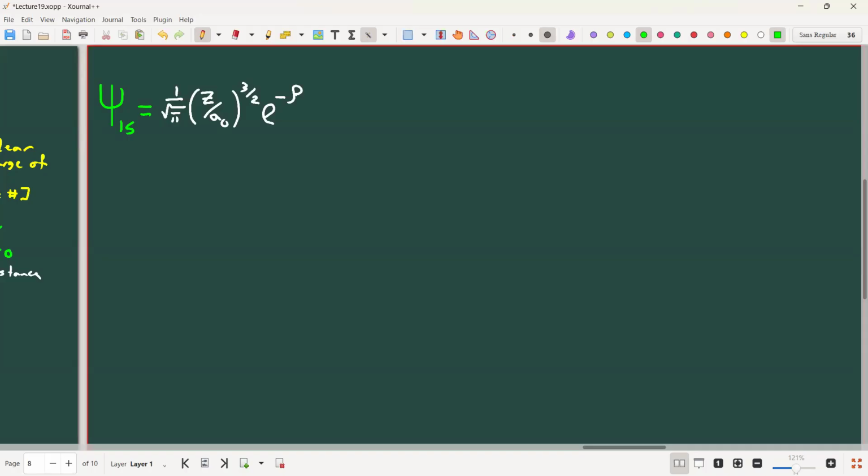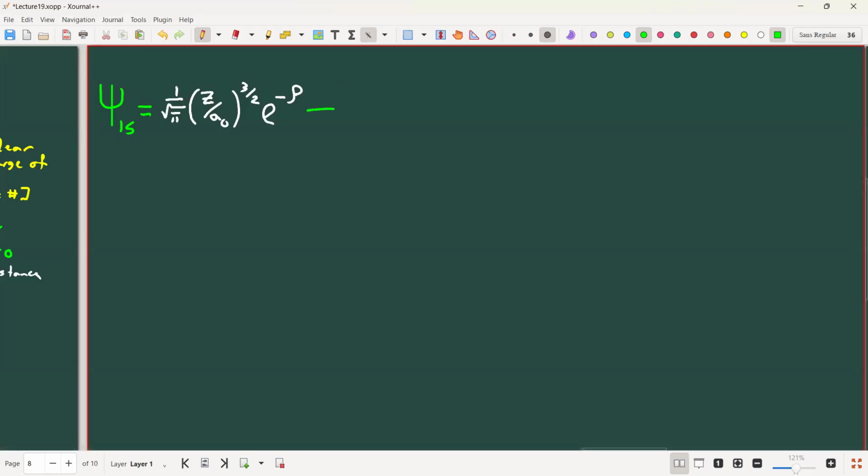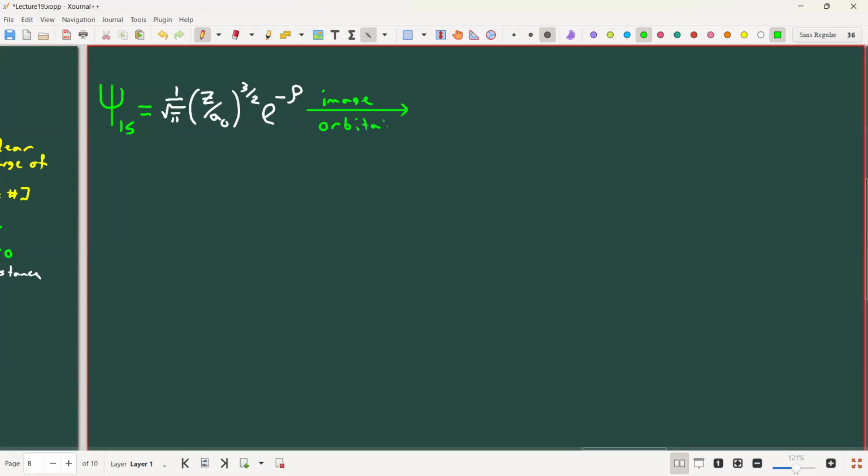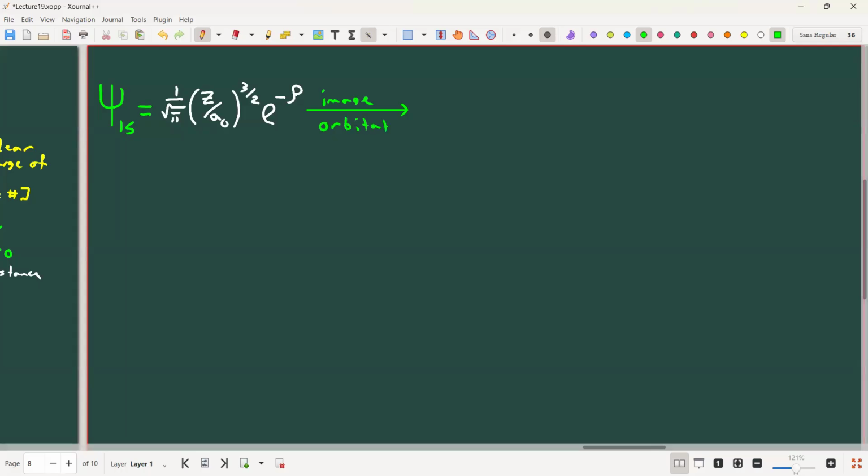We're going to take little snapshots and measure where the electron is. We're going to image the orbital. Right, and when we take an image, what we're doing is we're measuring the distribution of positions, right? So the probability